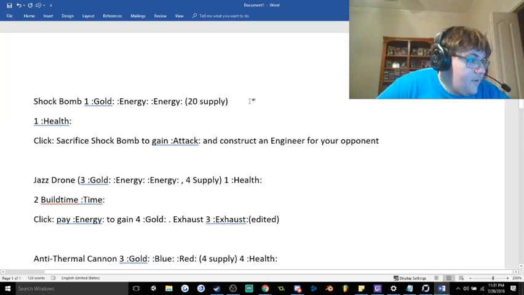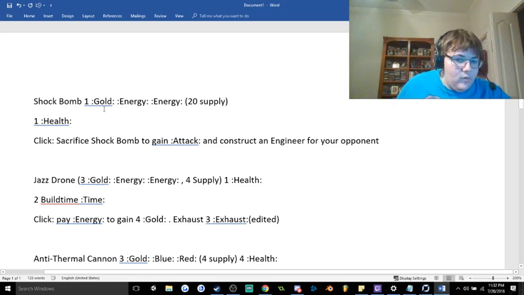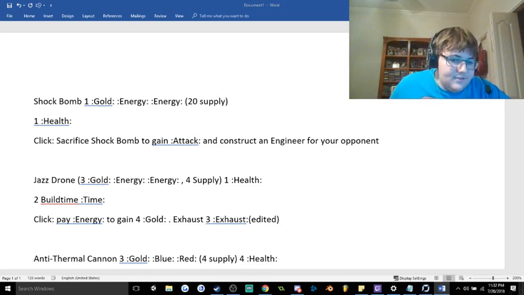Oh, we have Shock Bomb, which is 1 EE, 1 health. Click Sacrifice Shock Bomb. To gain an attack, construct an engineer for your opponent. Okay, so